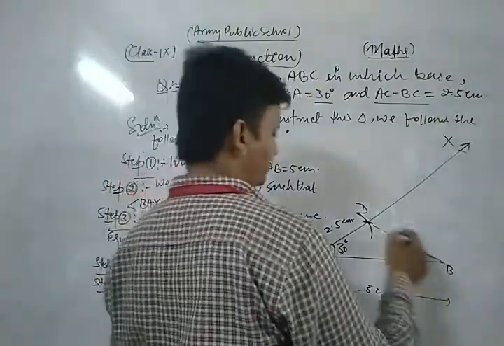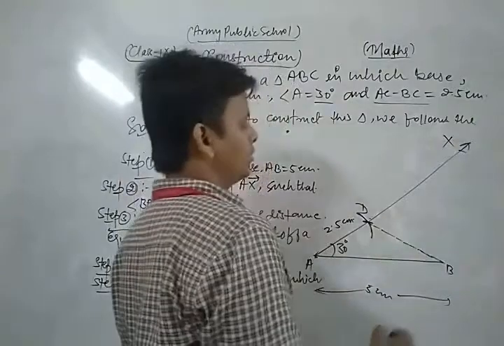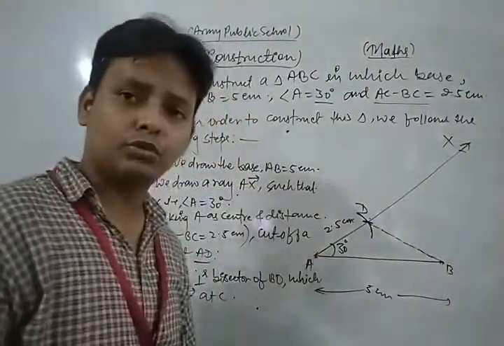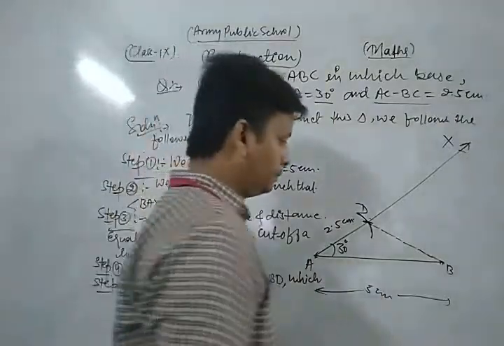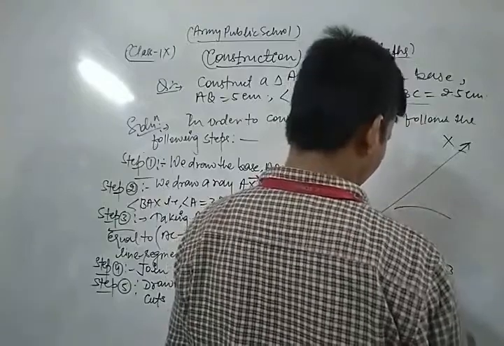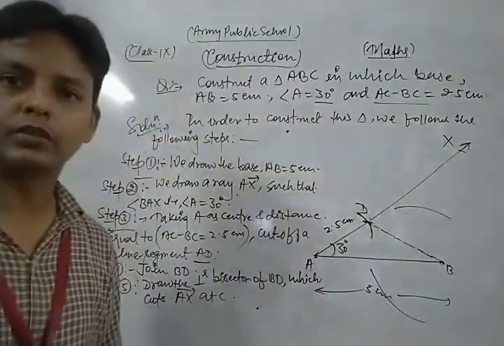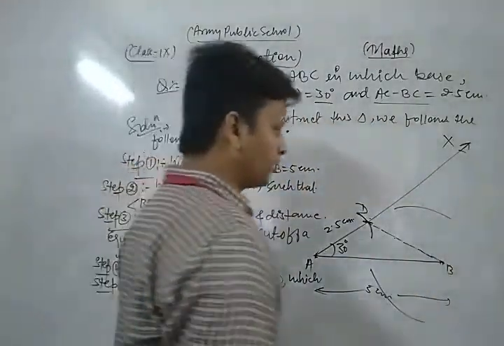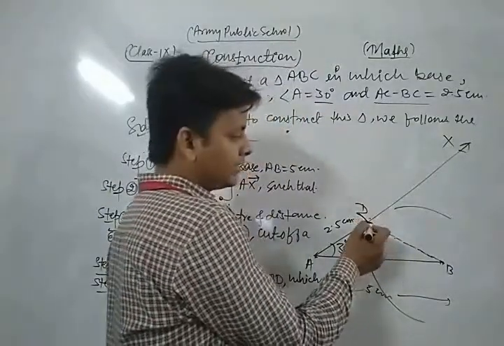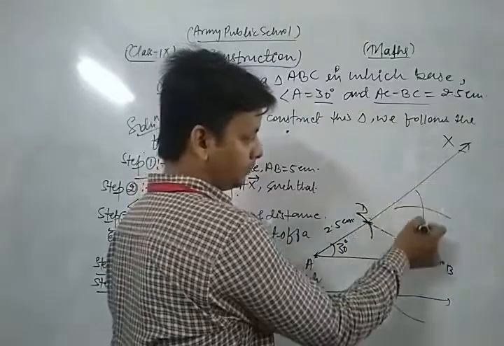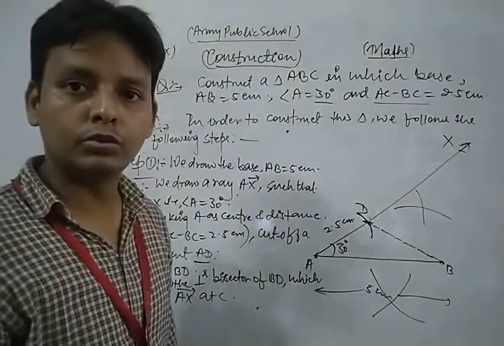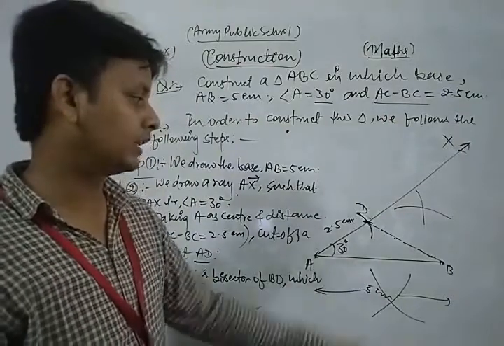First of all, dear friend, taking B as center and a distance equal to more than half of BD, cut a pair of arcs on both sides of the line segment. Now we do the same process at point D with the same radius, cutting the previous arcs. In this way we get two arcs on opposite sides of the line segment BD.